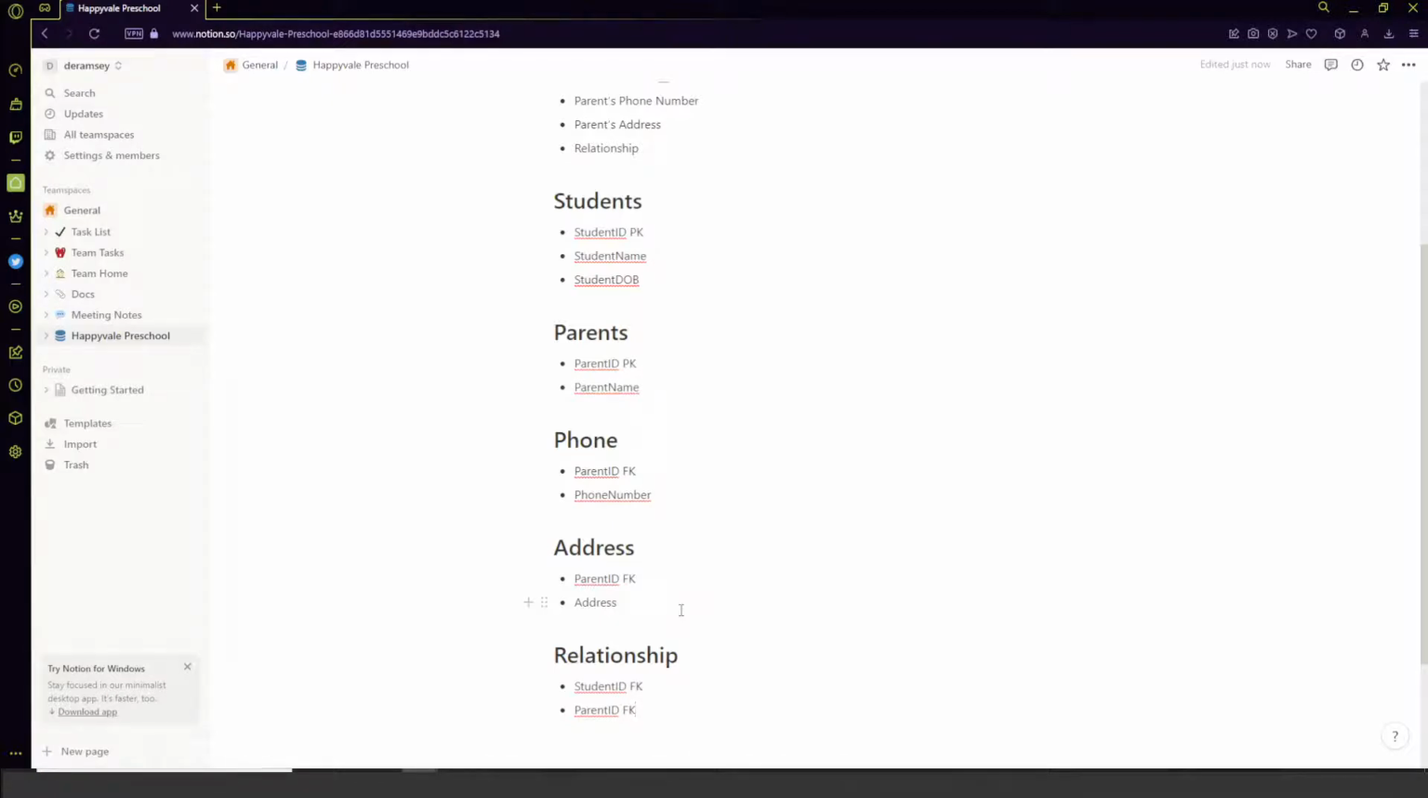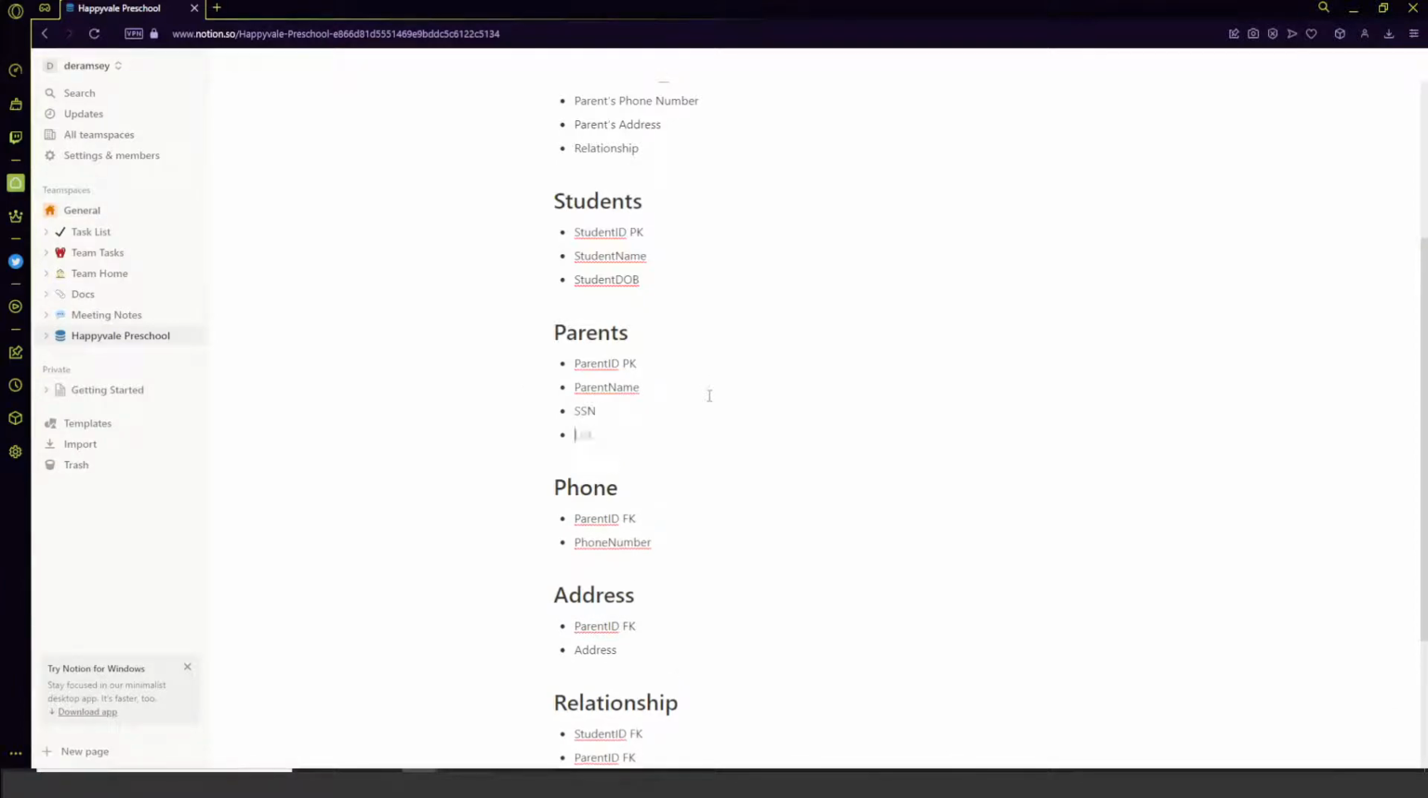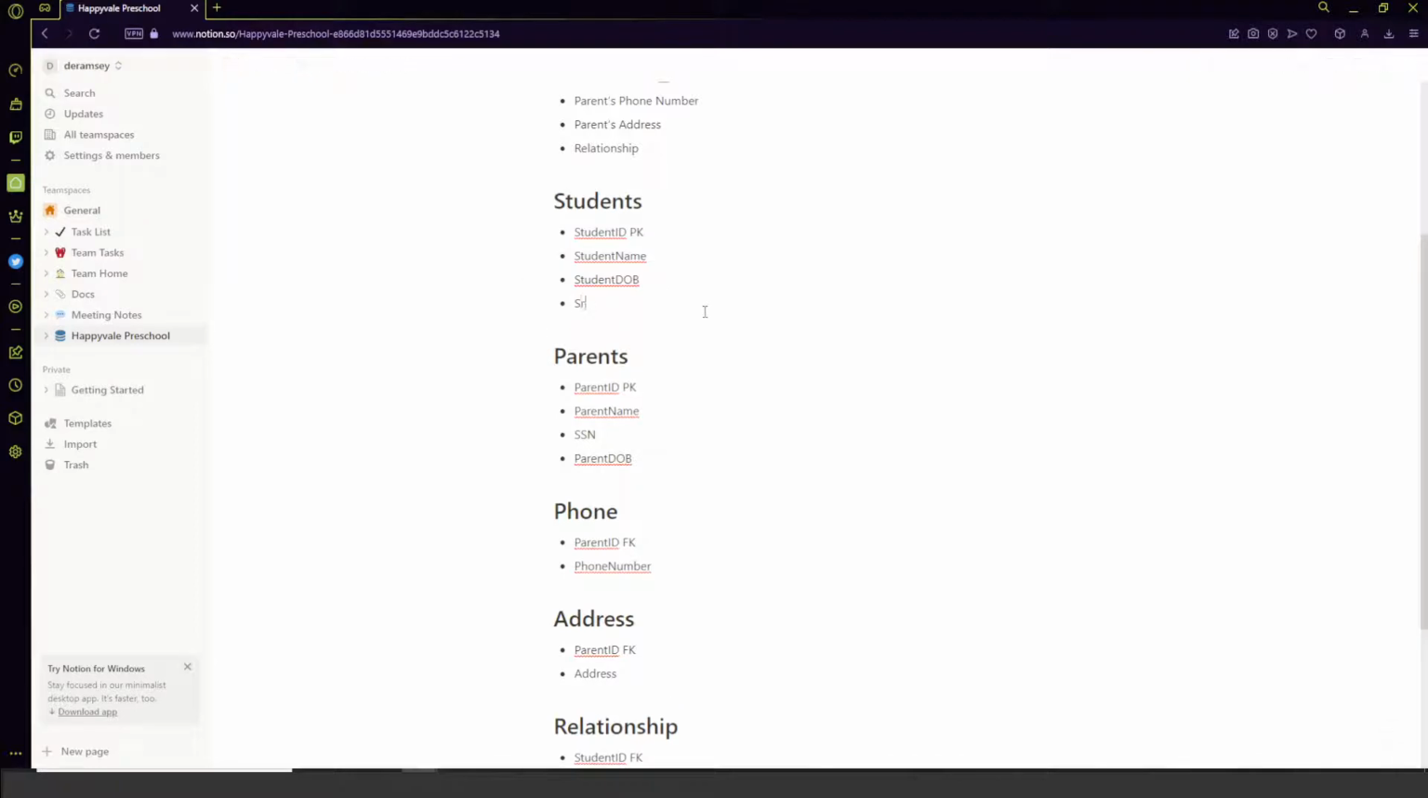And if we had more information about our parents here, we might put more information in here, right? For example, if we were putting their SSN, their social security number in here, if we were putting the parent date of birth in here, we might do that, right? Because those both have direct relationships to the parent. Right, for that matter, we might want to put student SSN in here, right? However we want to sort of expand our